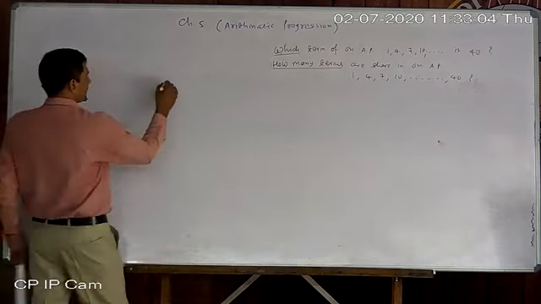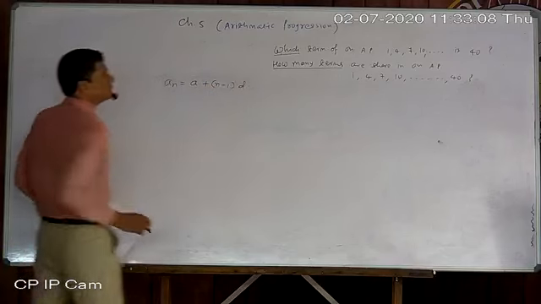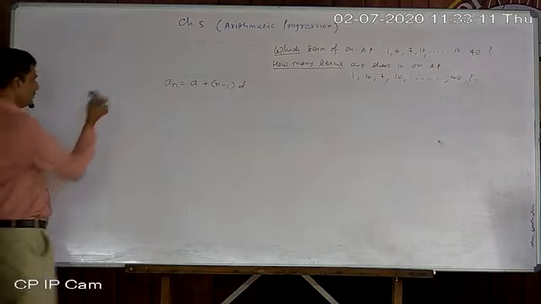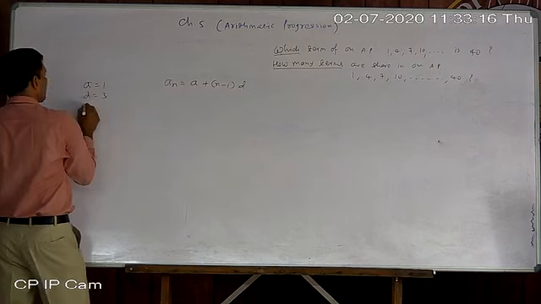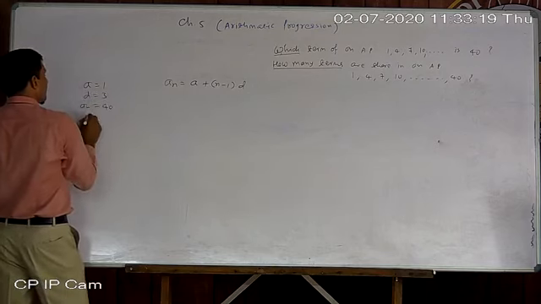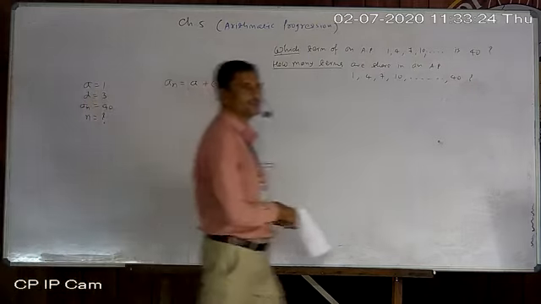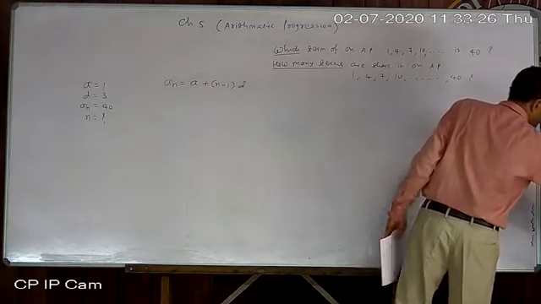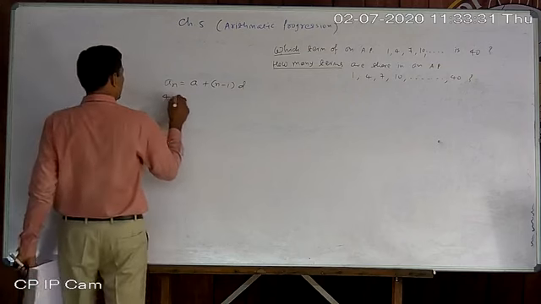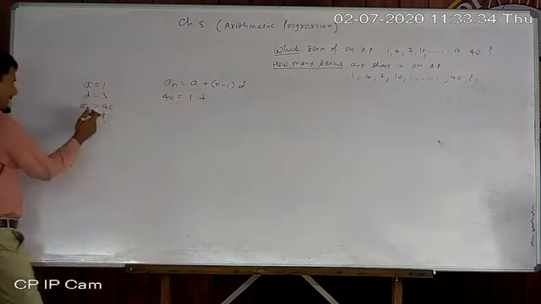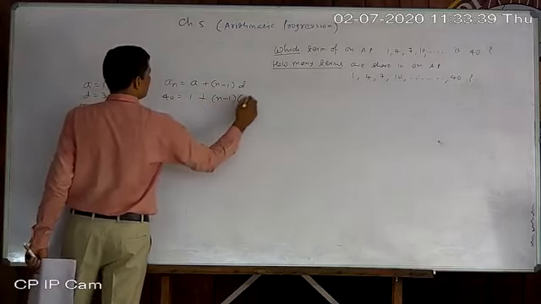Now look here. Write down this formula every time. Write down our values and prepare a list also here. a equal to 1, d is 3, a_n equal to 40, n is not given. So everything is clear here. What is missing, what is given? Now place all values: a_n equal to 40, a equal to 1, n is not given, and d equal to 3.